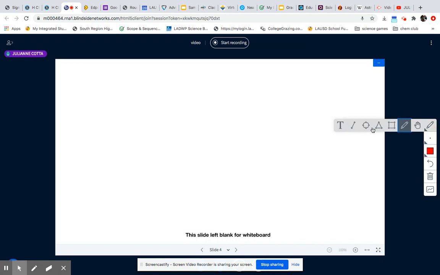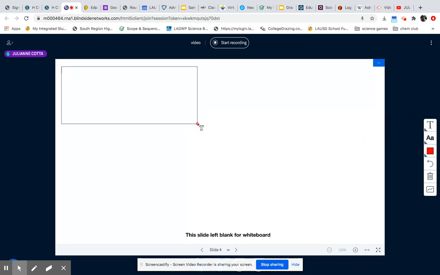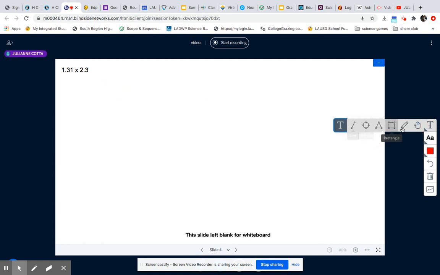Now let's look at multiplication and division. So my first multiplication is 1.31 times 2.3. And you don't have to line this up the old-fashioned way. That's not necessary. You can just do it in your calculator, and then I'm going to tell you what to do. So if we multiply this out,